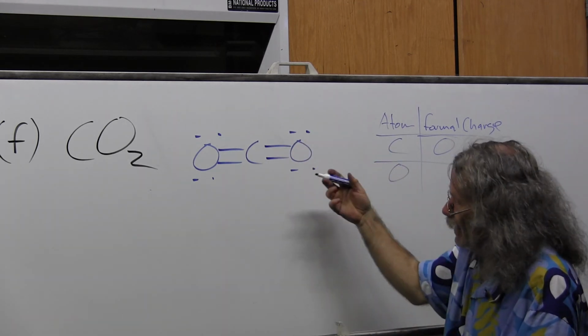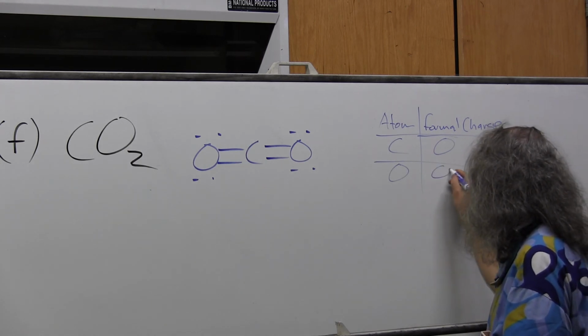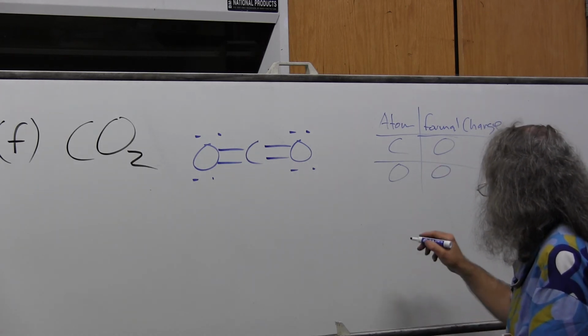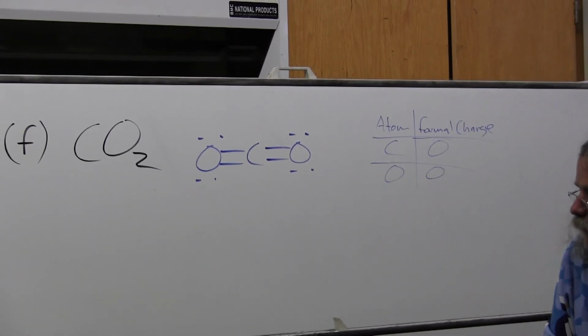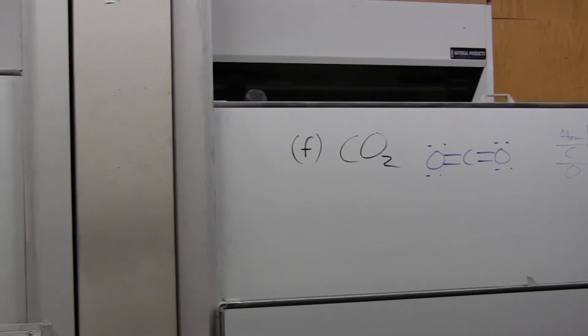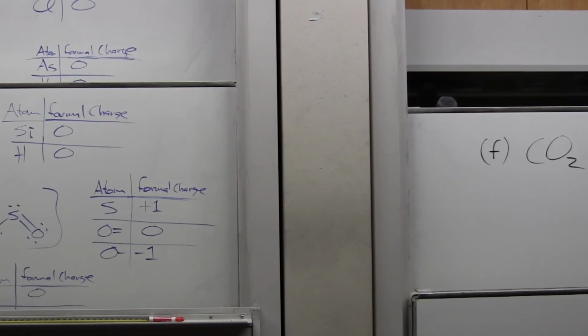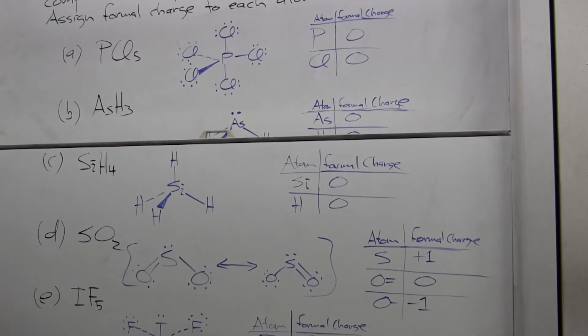So 6 minus 6 electrons is going to give me a formal charge of 0 as well for the oxygen. So now that completes A through F on this problem. This is what I expect to see on the page. So let me readjust this one so that